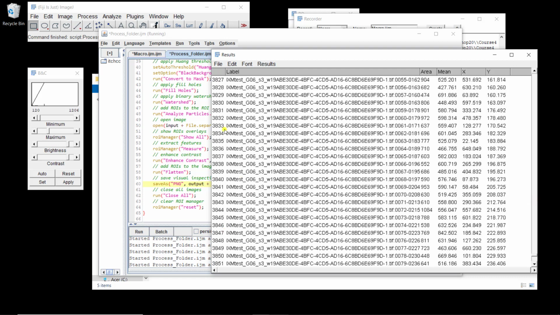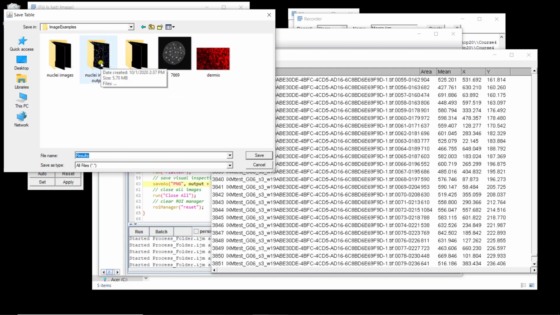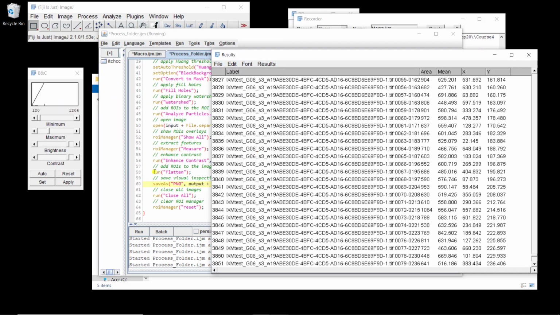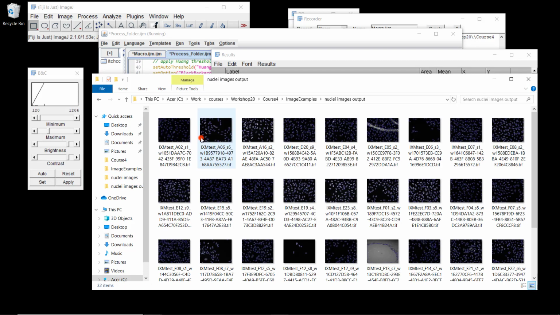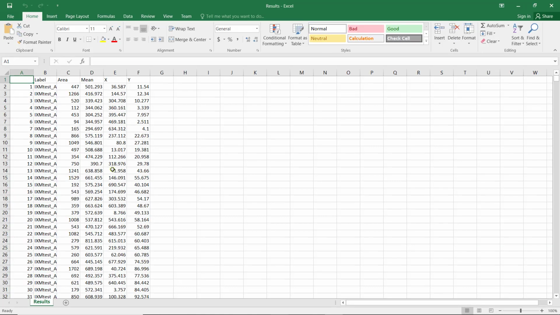But we have almost 4,000 nuclei total. So if I save it, let's save it in the output folder, save it as result, and now let's go back to the output. So I have a result here I can open with Excel or